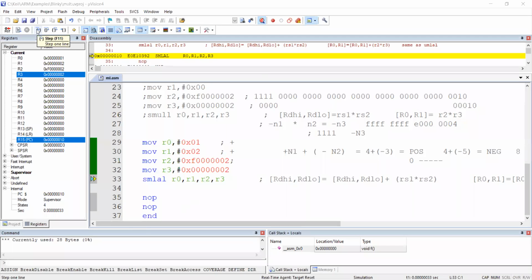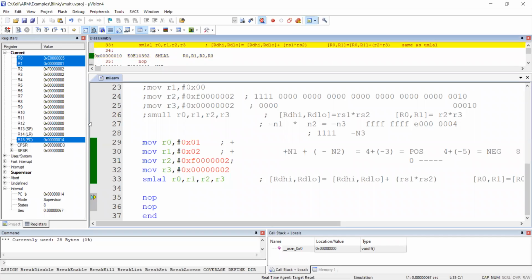Let's see now. Please observe many windows here. What is there in R0? Listen here. Observe R0 is positive. R1 is positive. R2 is negative. R3 is positive. So we'll get 2 answers. Okay, so many observations we have to do. Right, see, the signed multiply and accumulate of long has given 2 results. What are the results? R0 and R1. What's in R0 here? Can you see E, so many zeros with 5.